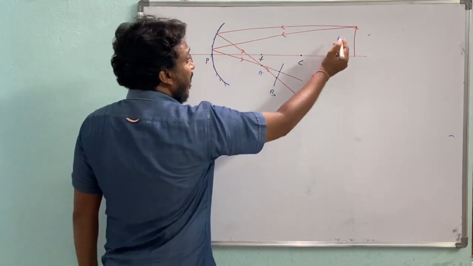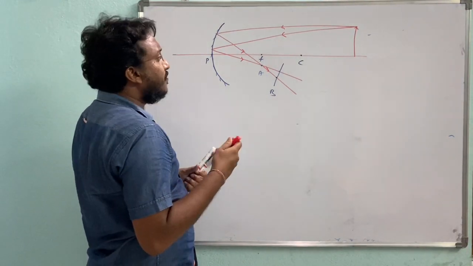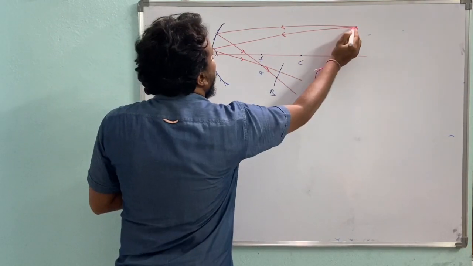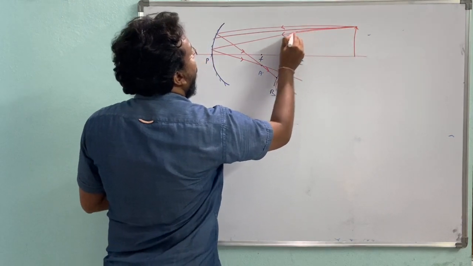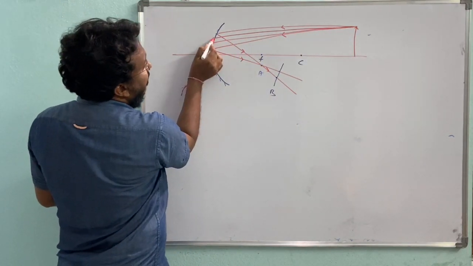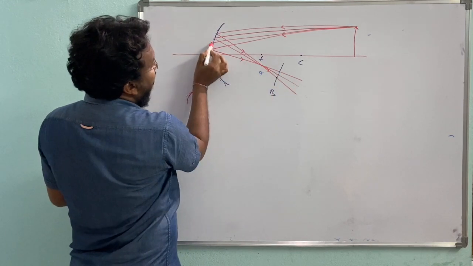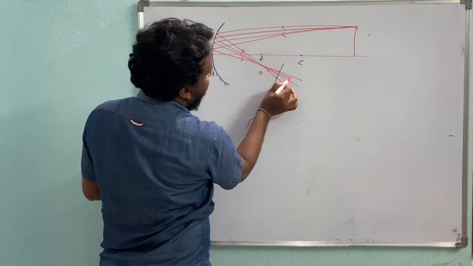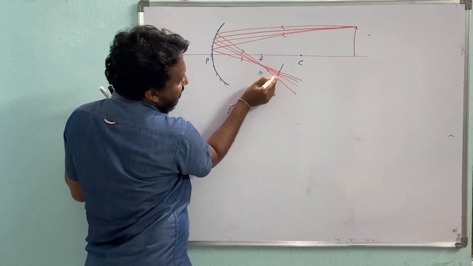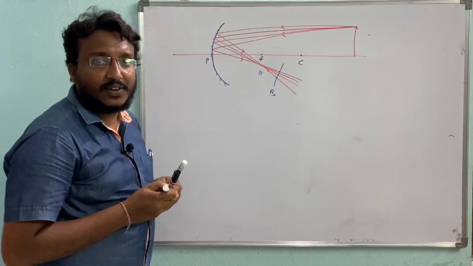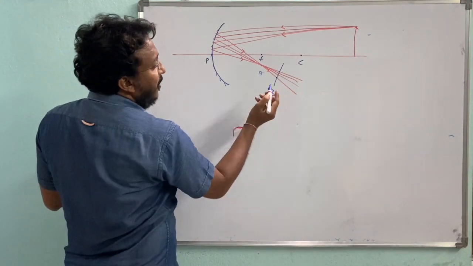Right. If you take n number of rays, for example, I have taken one more ray which is emitted from the same point, right? Then here it hits, here it intersects, and one more ray intersects here, right? Have you understood or not? Then they are intersecting at different points, right? So due to that reason the image is formed blur,